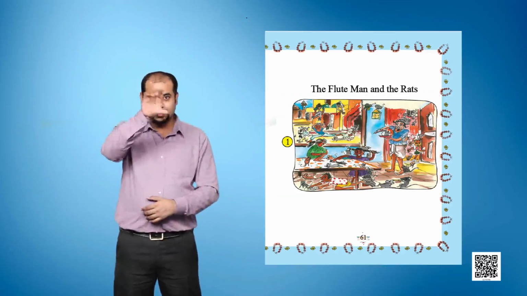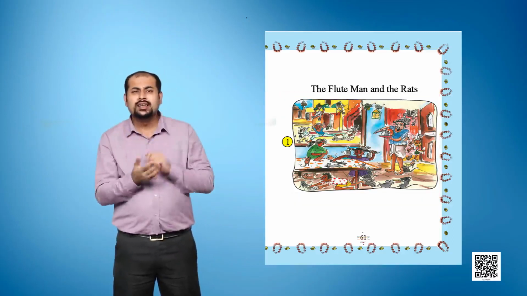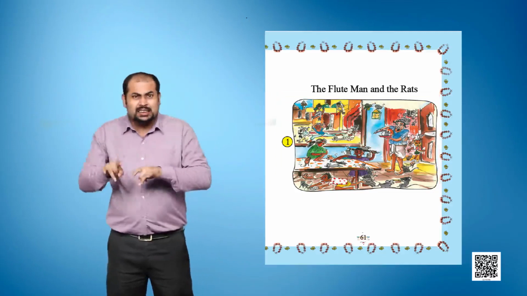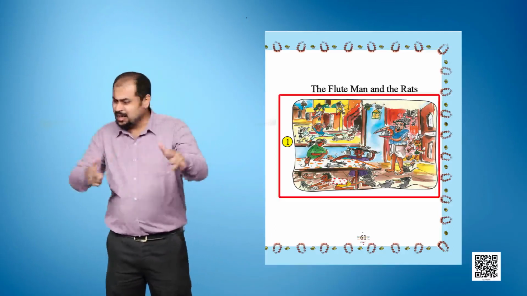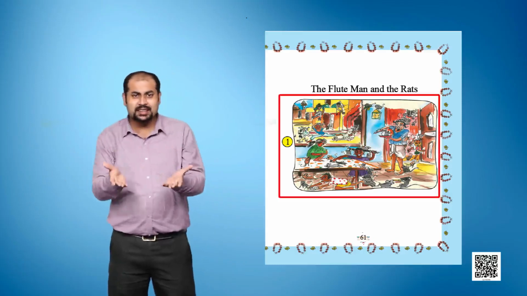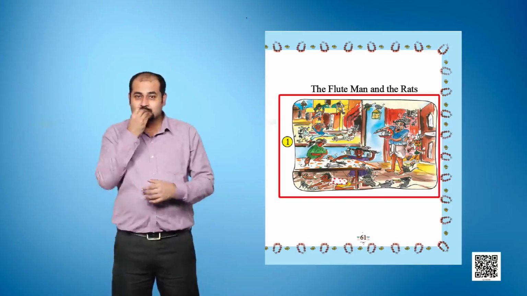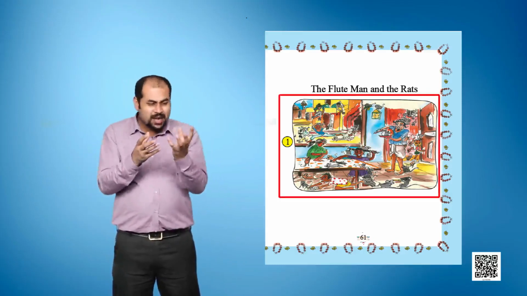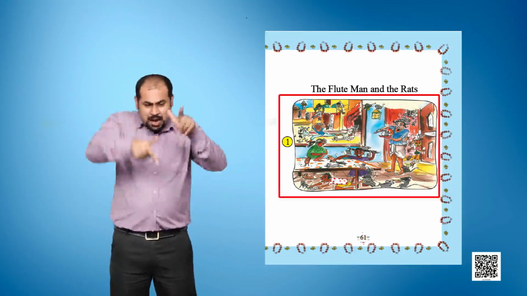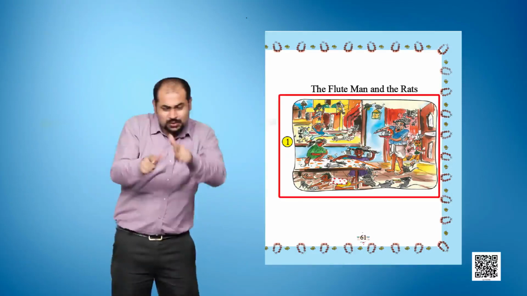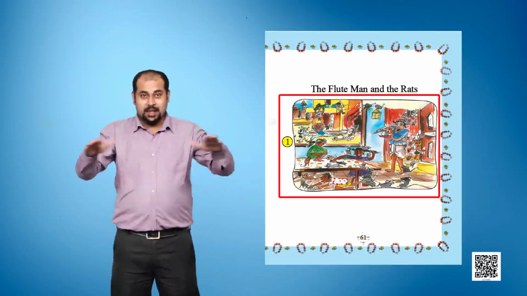Picture 1 shows a city with rats everywhere. Rats are in utensils in the kitchen, plates on the table,